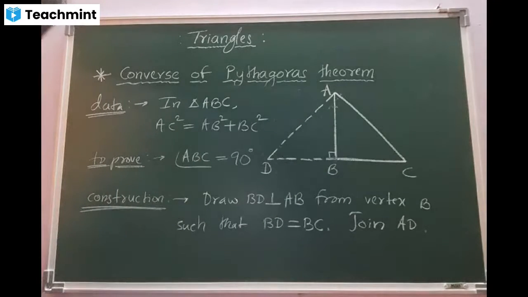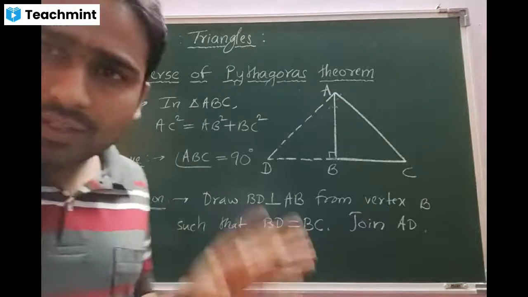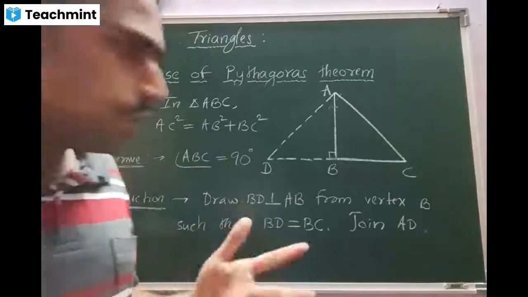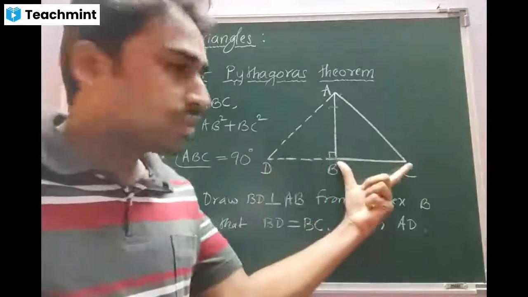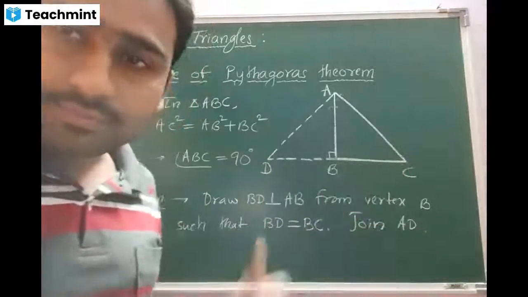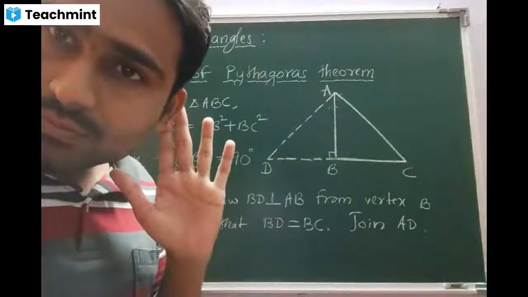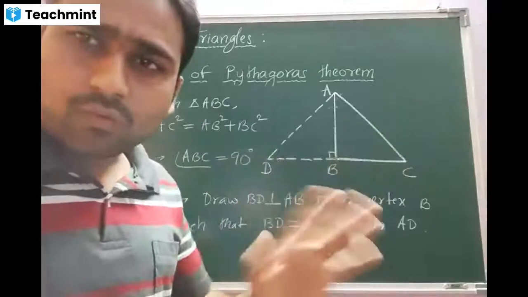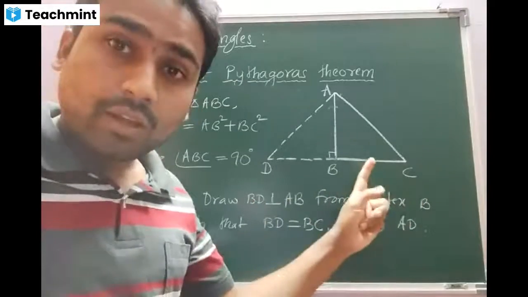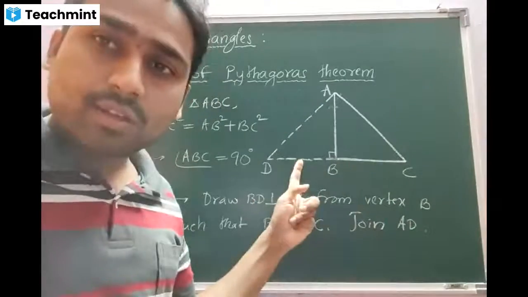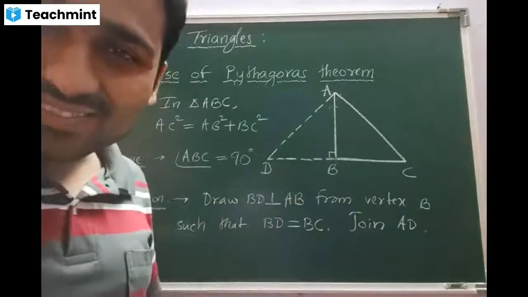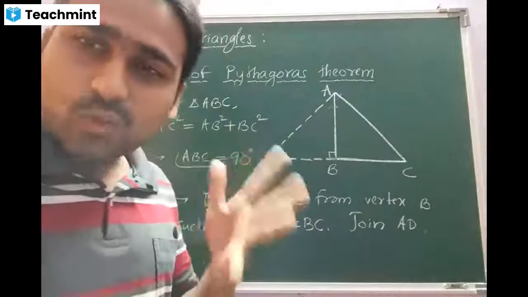Yes, sir. Now, beta, here there is a sort of confusion among the students. We feel this is the extension of BC. Am I right? Yes, sir. Actually, it is an extension, but we will not focus on the extension. If you use the term extension, this is automatically 90 degrees. Is that clear?